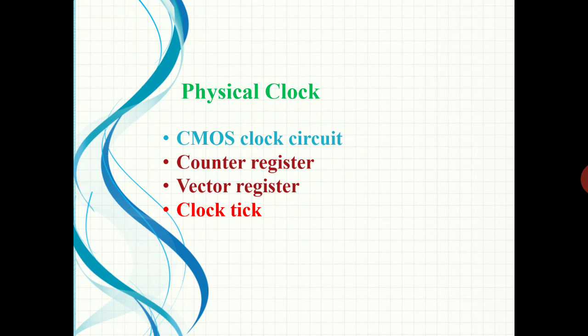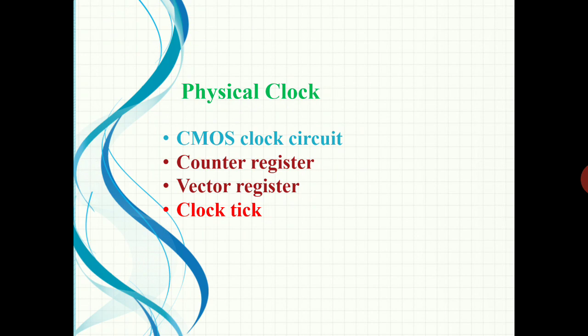Each and every computer contains a timer that is made up of a quartz crystal. When the quartz crystal is kept under tension, it oscillates at a well-defined frequency. These oscillations are captured by a circuit called the CMOS clock circuit. That is, we have a crystal in every timer on every system.